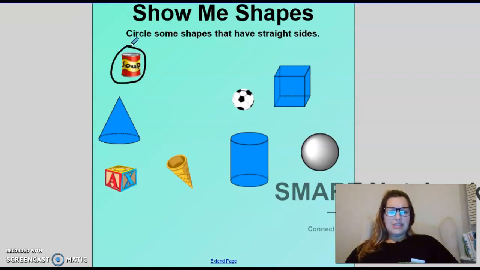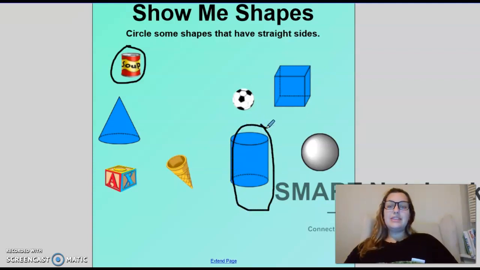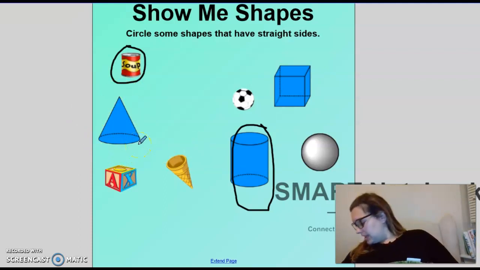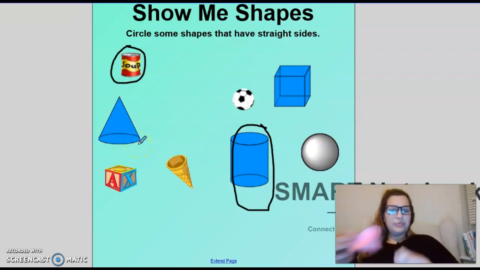What shape does the soup can match? A cylinder. Can you point to a cylinder on your screen? Is it here? No. Is it here? No. Is it this one? Yes, this is a cylinder. Good job. Now, let's look at this shape right here. Does it have straight